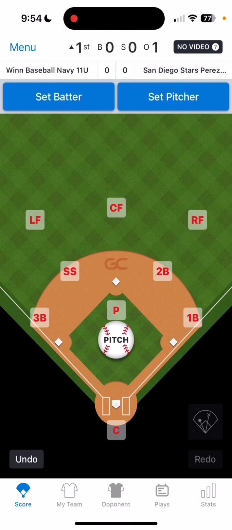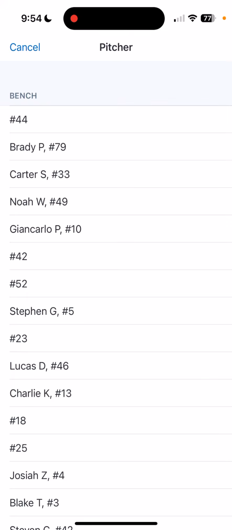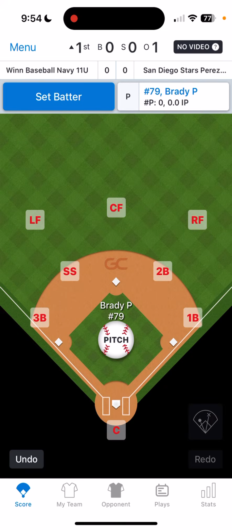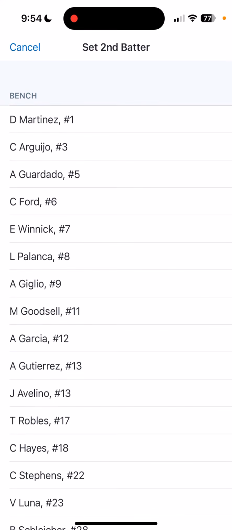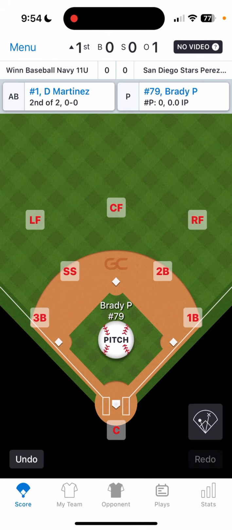Oh, again, I didn't put that picture in there, so let's make sure to put the picture of the other one. And I also want to show you, if you made a mistake, you can undo anything. So let's put our batter in there. You can also go to my team